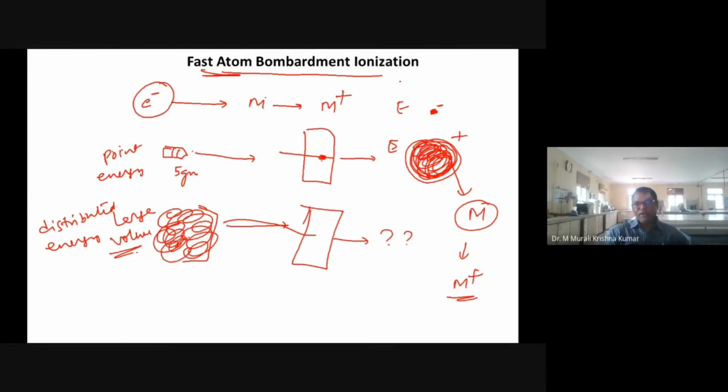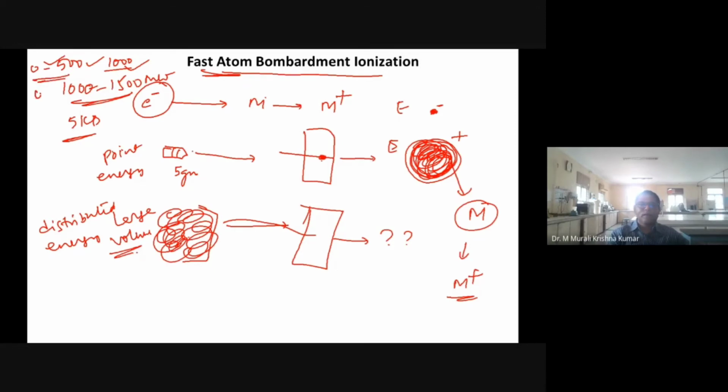It is considered a semi-soft, partially soft ionization technique, where we can go up to 1000 to 1500 molecular weight. In the literature, it is mentioned that 5 kD can also be analyzed using fast atom bombardment ionization, but up to 1500 we can get dependable results. In the case of EI, we can go up to 500 as the best, but 1000 is given. Up to 500, the molecular weight can be analyzed by using EI.